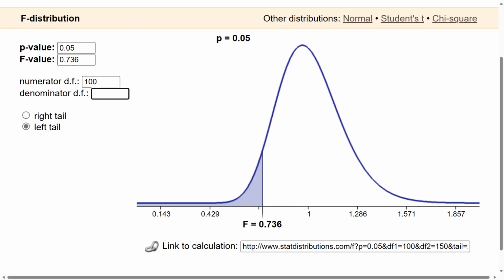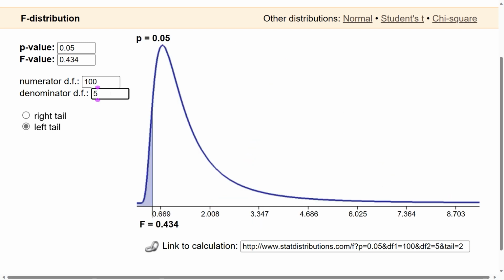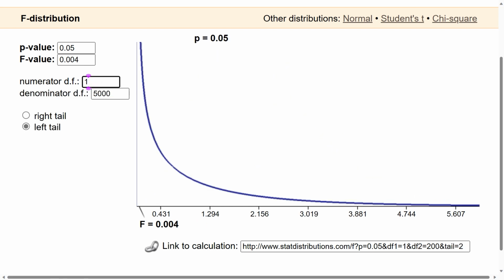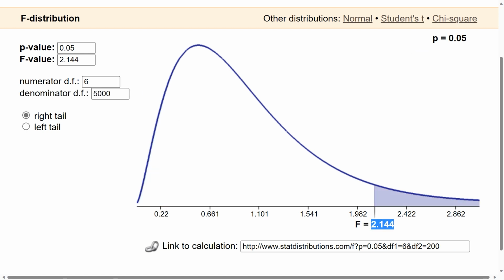Okay, let me bring it down to maybe 50, and let me keep maybe 5,000 each data. We have a huge amount of data, but the categories, let me check it for 6. That's enough. Yeah, this is my data set. Fantastic. So when it is a right tail, 2.144 is my critical value with respect to this graph, because the degrees of freedom, df between and df within, have changed. So that's the reason your critical F value has changed with respect to the 0.05